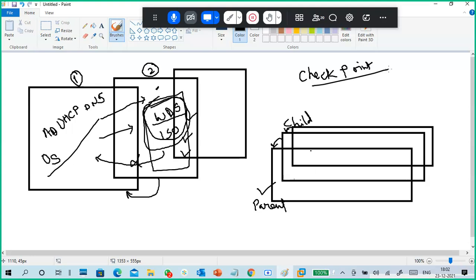Snapshot and checkpoint are not different, same thing. Checkpoint we use in Hyper-V, snapshot we use here. The important thing is, snapshot or checkpoint means we are snapping the hard disk and making a differencing disk. The actual data stores in the main parent disk, and we create a child disk on the parent disk. Whatever changes occur in the child disk won't affect your parent disk, so you can do things securely. So that's it about your snapshot.